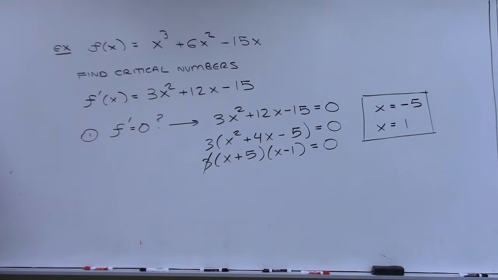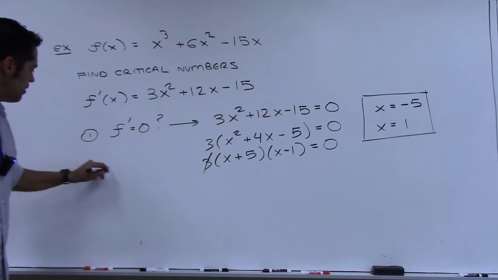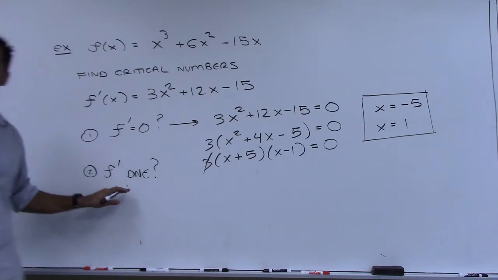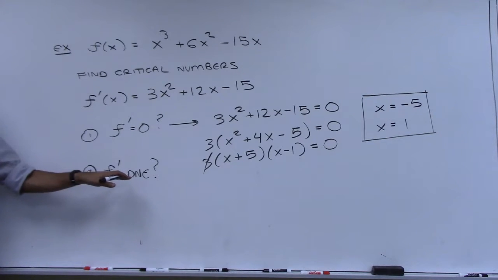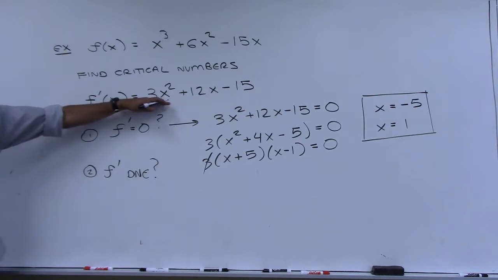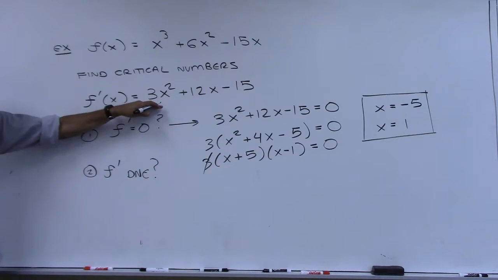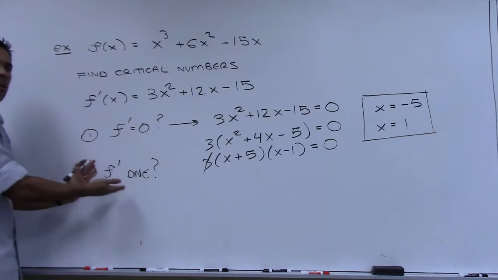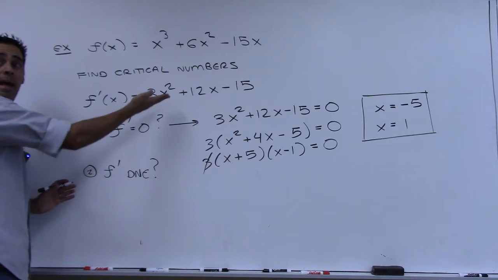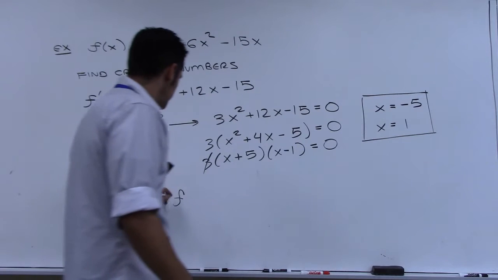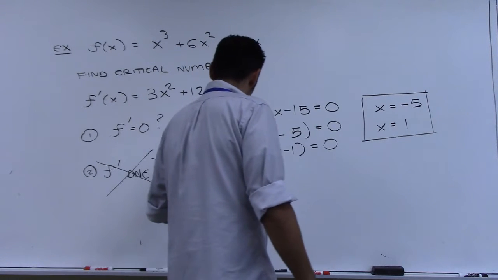Now, the other thing we have to look at is anywhere where the derivative doesn't exist. So where does the derivative not exist, DNE? Well, your derivative is a polynomial function, isn't it? And it's defined everywhere, isn't it? There's no division by 0. There's no square roots. There's no craziness in a polynomial, right? So this is never going to happen. Your derivative is always going to be well behaved. So I can scrap this because f prime is a polynomial.